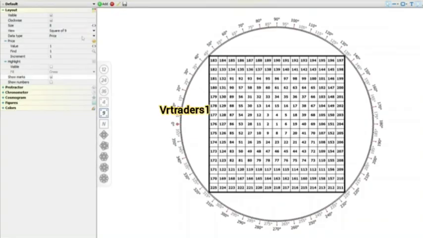In the data type part, we are going to use the price. In price, you can see three options: value, find and the increment part. Value means the starting point of the Gann Square of 9. If we write 5 here, you can see that the Square of 9 is starting from the value of 5. With the help of find value, you can find any price. For example, you want to find the price 60. So just enter 60 here, and here you can see 60.